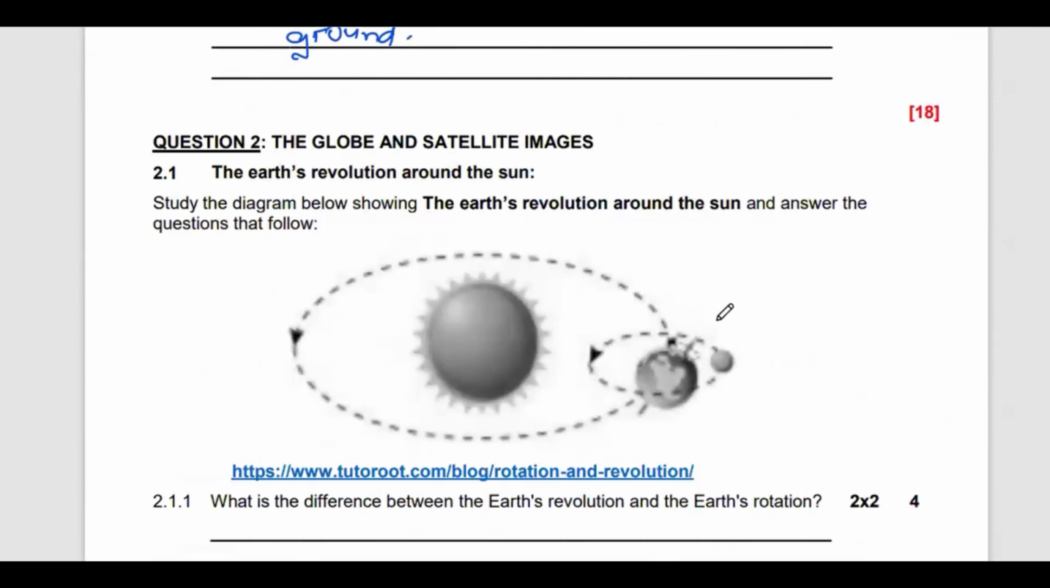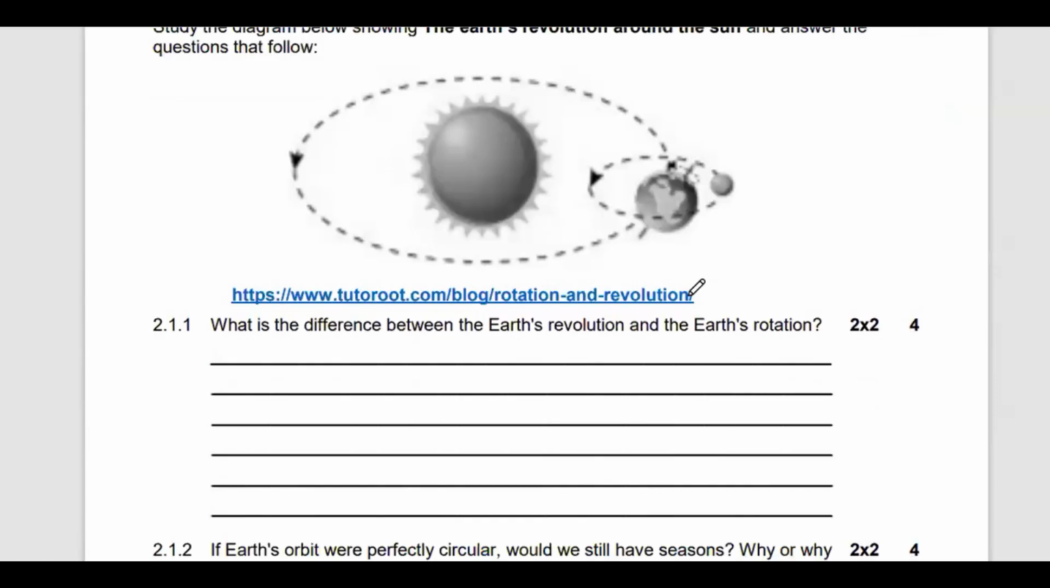All right, so we have the global and satellite images. We have the Earth's revolution around the sun. Study the diagram below showing the Earth's revolution around the sun and answer the following questions. You're going to study this diagram. What is the difference between the Earth's revolution and rotation? Rotation causes